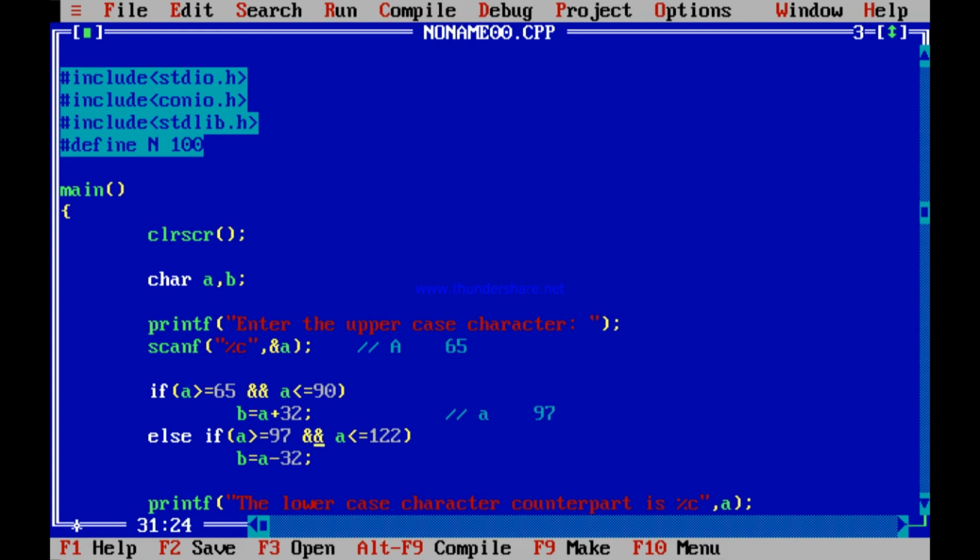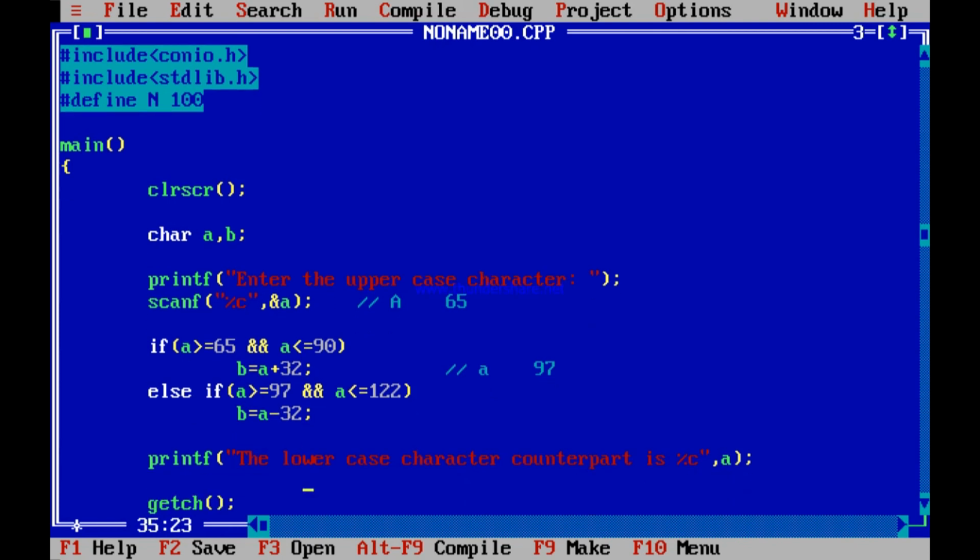If it is between 97 and 122, you want to change it to between 65 and 90. If it is between 65 and 90, you want to change it to the 97 to 122 range. Now you can say the reverse case character counterpart is not small a but b. You have taken it within b. I think you understand this program.